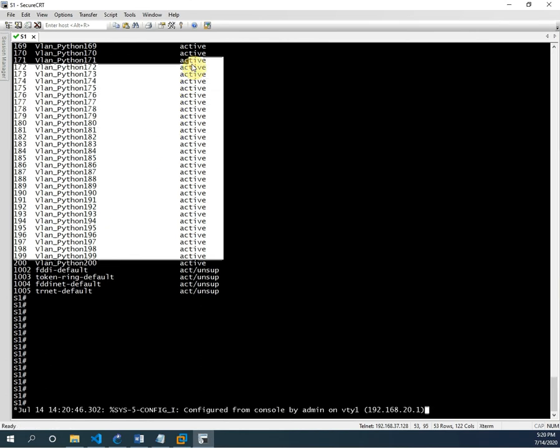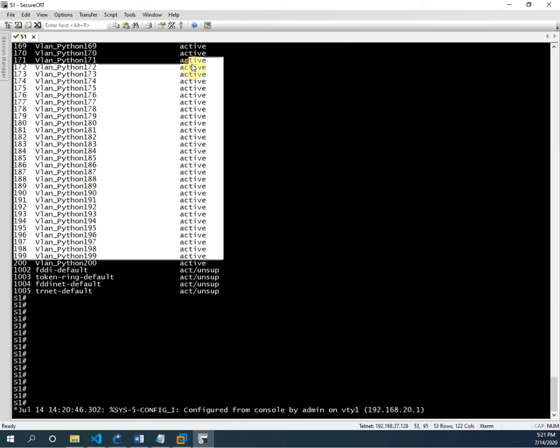But maybe you are thinking, for one device what is the use? Imagine if in your organization you have 50 switches and 20 routers and you need to do configuration. Then it is very easy. The developer will write the script and give it to you. You just need to review it, and you can run that script in Python on the Linux server. It will automatically create the VLANs and everything.